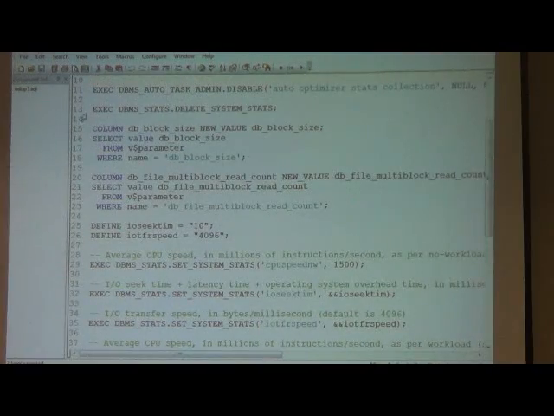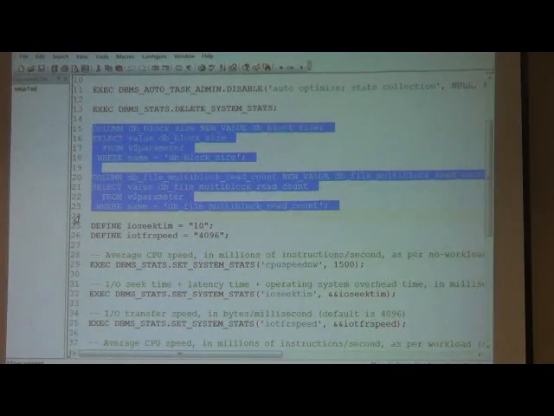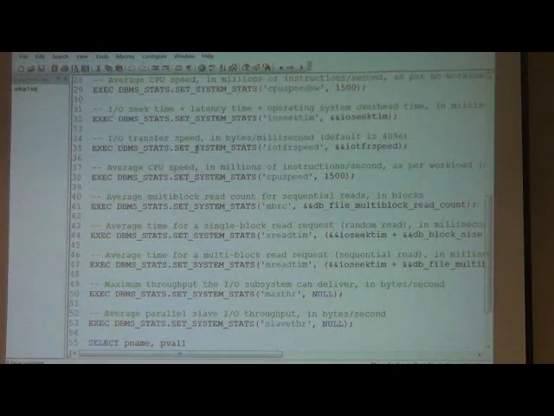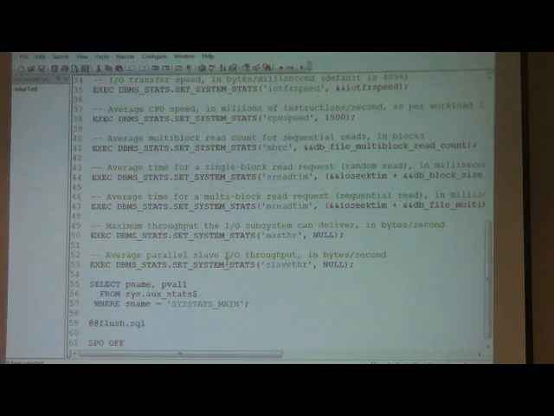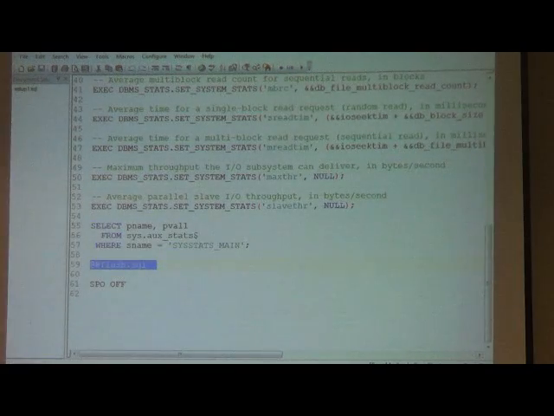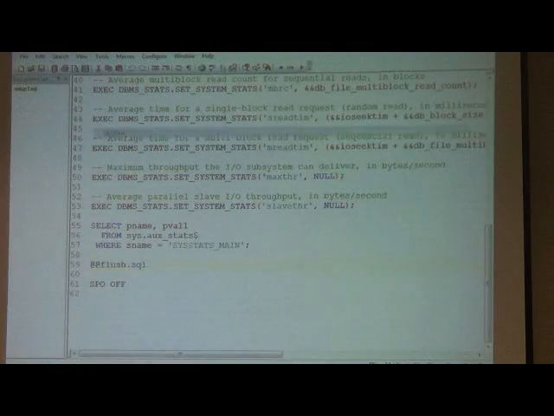I delete system stats. Now what you see here is basically how we compute system stats for this particular lab. We specify some values and we set up the system stats, so everybody will have the same values. Then we show the values and then we flush the shared pool, and that's what I did here. That was the first setup. When I do the second setup,